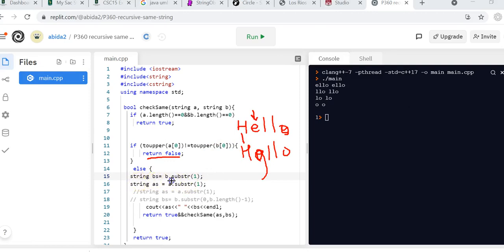So we create a substring using the string substring method starting at position 1, which means, as you know, a string is an array of characters. So this is 2, 3, and 4. So we create a substring, i.e. eliminate the first two characters which have been successfully compared, and pass the shorter string to the recursive call. However, because our first comparison was successful, we returned true and know that we are not